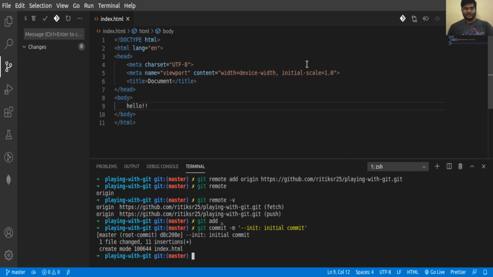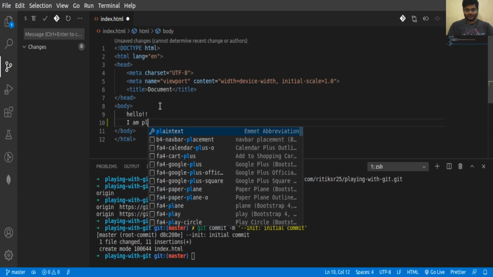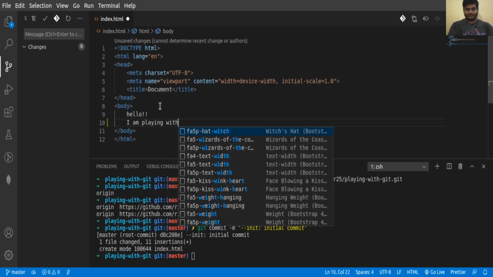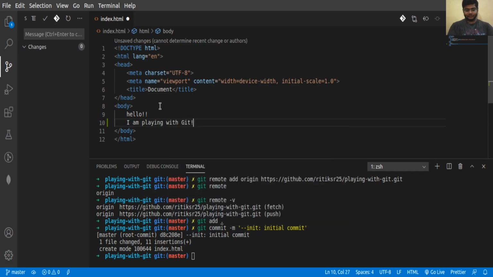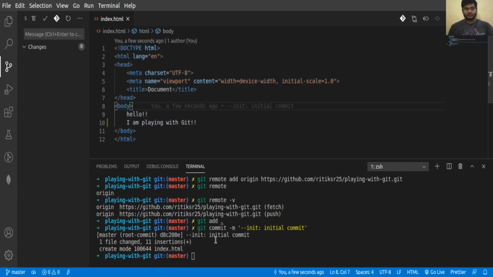So now all our changes have been committed. We have made some changes in our repository. Let's make some more changes. Let's call it I am playing with Git. Let's again save it, and add and commit it.